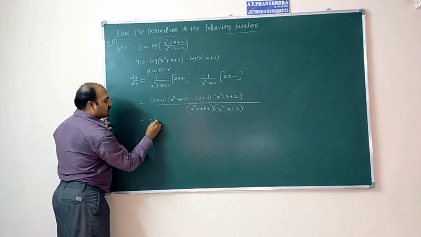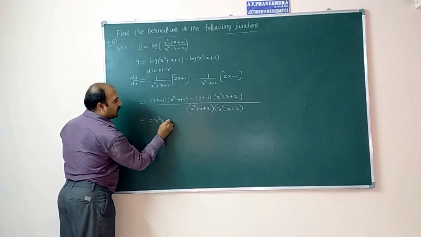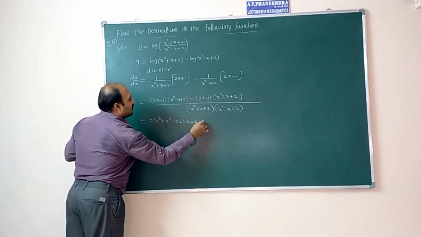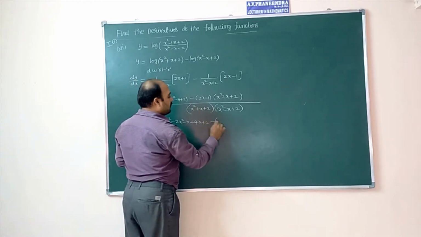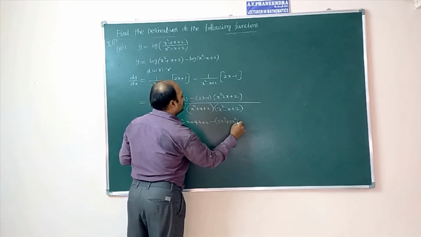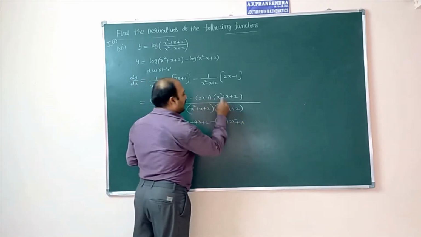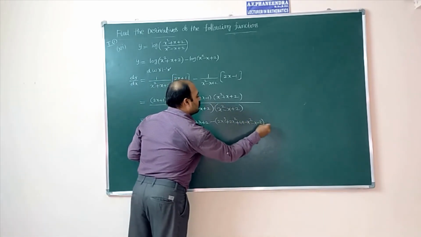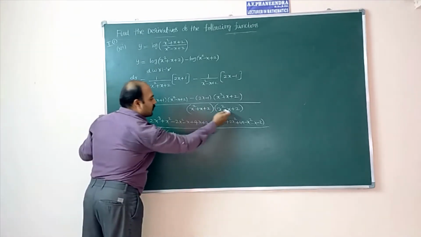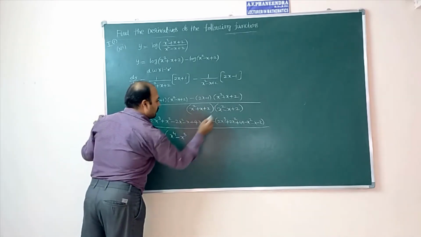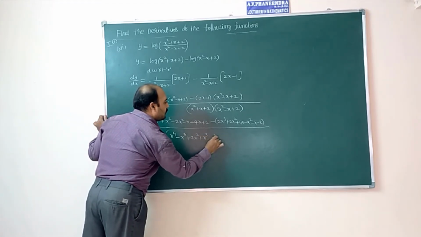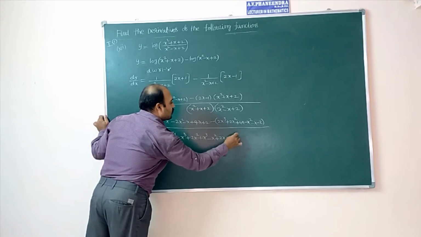Actual multiplication: 2x cube plus x square minus 2x square minus x plus 4x plus 2, minus, keep bracket, each and every term multiply: 2x cube plus 2x square plus 4x minus x square minus x minus 2, whole divided by, here also actual multiplication, x power 4